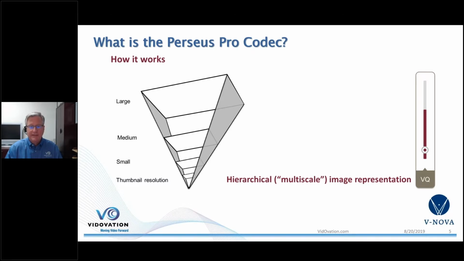It means that instead of wavelet, it downsamples the signal or the image. So if we're starting with a 4K or a UHD image, one of the first downscales would be to 1080p. Then a level below that might be 540. And there are actually 15 levels of downscaling or down conversion in Perseus Pro, which is great. That sounds like how compression works. We're minimizing in some way. We're compressing the image. But what it does, very interestingly, is it up converts.